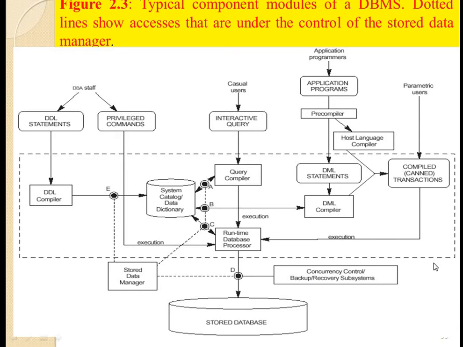अगर आप ये पूरा dotted triangle ये rectangular box देखें, तो ये डॉटेड रेक्टेंगुलर बॉक्स क्या है, इन यूज़र्स के कंपोनेंट्स कैसे काम करते हैं ये हमें बताता है। आप यहाँ देख सकते हैं पहला DBA स्टाफ की अप्रोच क्या थी, DDL कंपाइलर को जनरेट करना, कंपाइलर से एग्जीक्यूशन होता है, प्रोसेसर एक्टिवेट होता है और डेटाबेस में डेटा स्टोर कर देता है। यहाँ पे हमारे पास बीच में एक स्टोर डेटा मैनेजर भी काम कर रहा है।